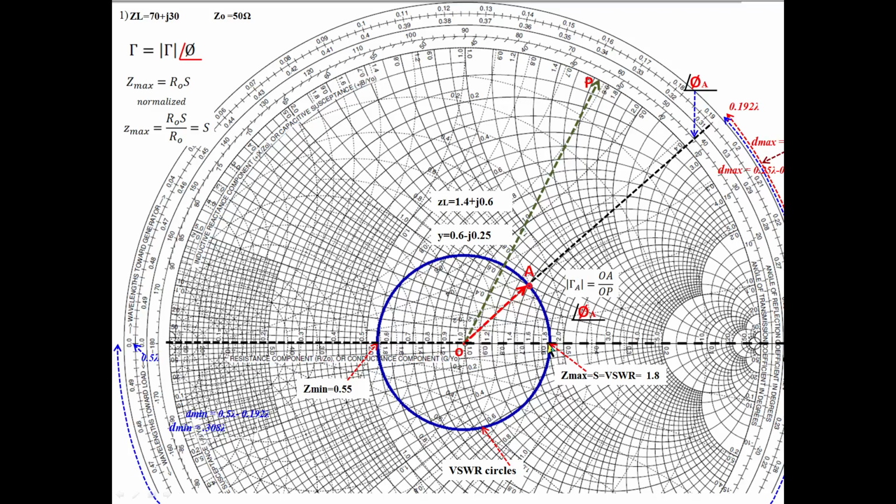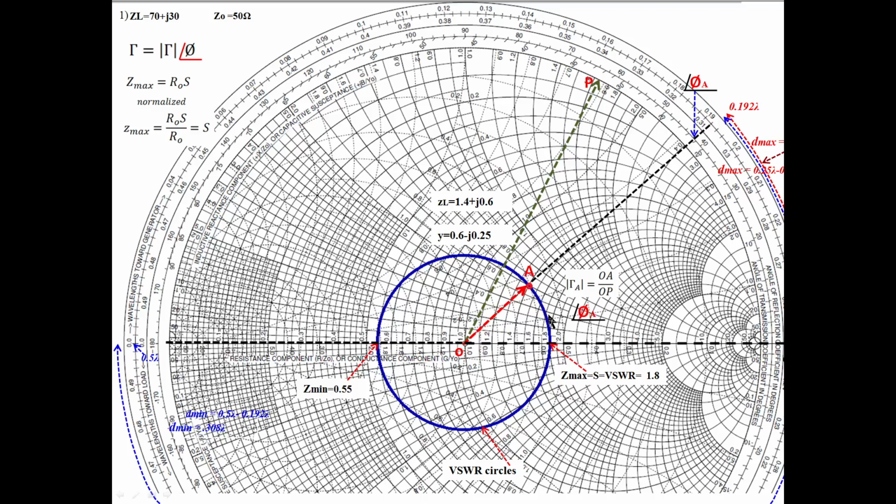As we saw, this is a maximum value of impedance that we can observe on the line. If you move like this, there is impedance variation. Okay, you can read that. And similarly, if you go on moving like this, you can observe the impedance at this position, left side of this Smith chart, wherever this VSWR circle cuts the left side of the horizontal line. See, this is a horizontal line. It is cutting the left side of this Smith chart somewhere here. You read the impedance here. That is the minimum impedance you can observe on this VSWR circle.